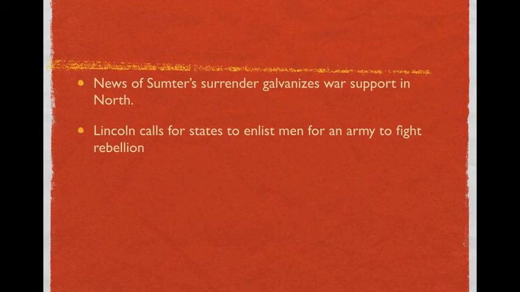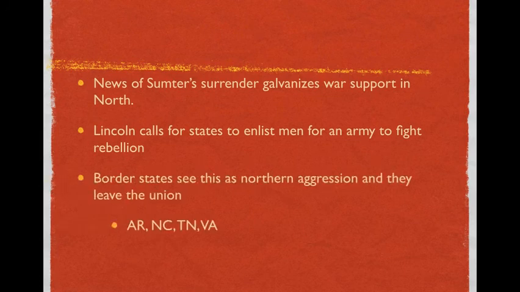So when Lincoln calls for an army, that sends the message to the South that Lincoln is looking to be the aggressor. And so by Lincoln calling for troops to the South, that to them is the beginnings of hostilities. Of course, to the North, the beginning of hostility is when the South fired at the fort.